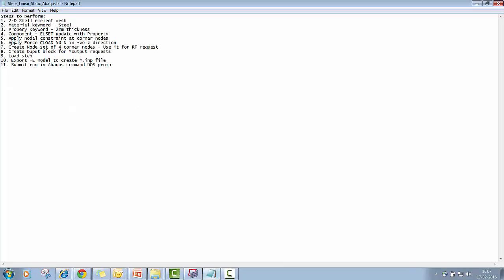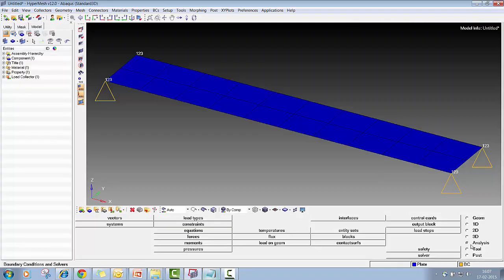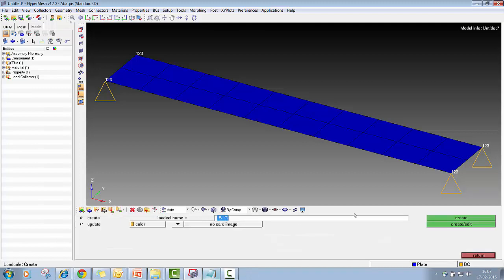So let's see what the next step is. We have to apply a C load, that is a force of 50 Newton in the negative z direction. We have to go to the same analysis panel. Before that, we have to create another load collector. Let's say force. So we are using force as the name of the load collector. Pick another color. I'm going with red this time. Keep it as no card image. Say create